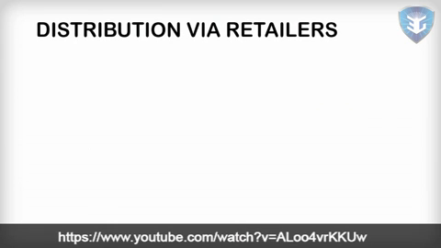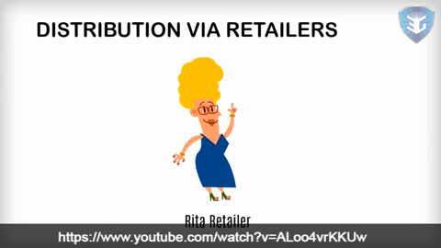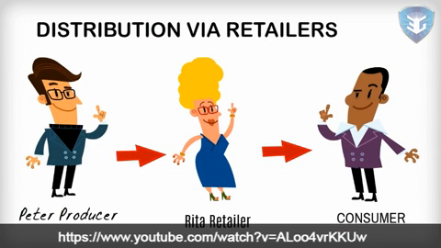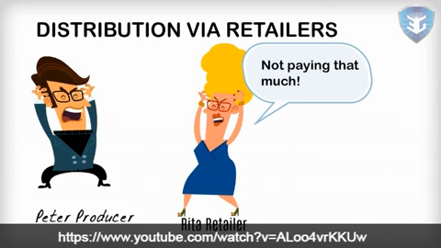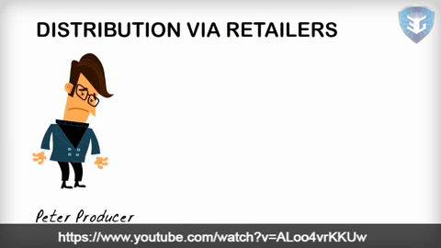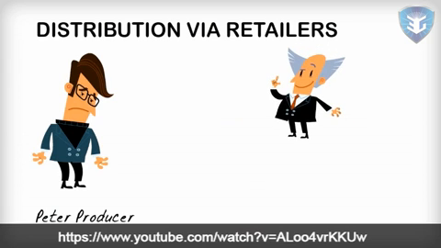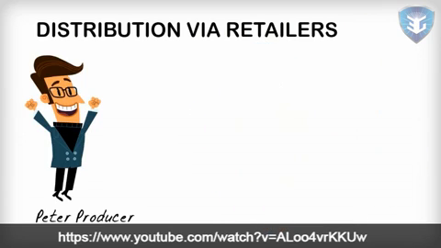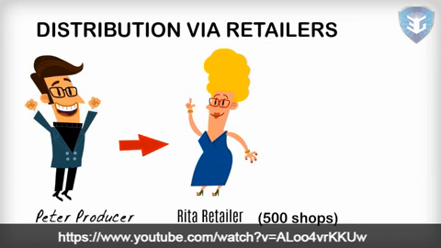Distribution via retailers. Large retailers often purchase goods from manufacturers and sell on to consumers. This method of distribution is sometimes called modern distribution. Products reach consumers via one intermediary. Large retailers have enough buying power to negotiate bulk discount prices with producers. The producer benefits by being able to concentrate primarily on making the product without needing complicated distribution systems to supply thousands or millions of customers. Producers just distribute to a much smaller number of retailers.